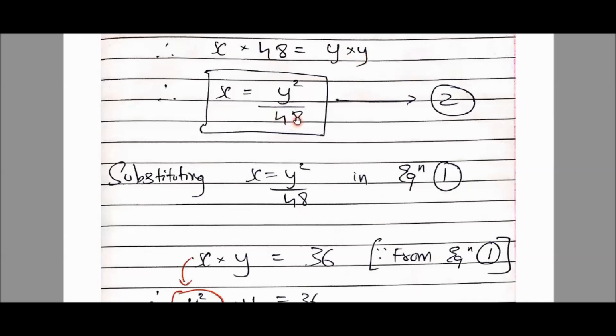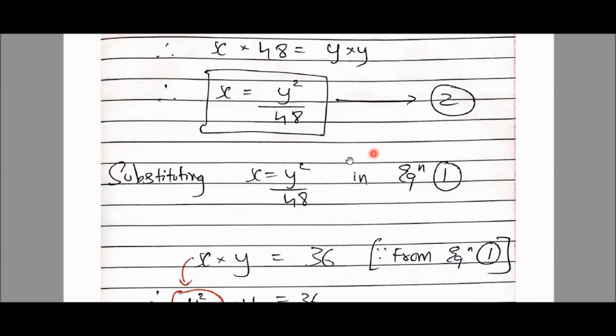One of the reasons of not keeping y at one side was, if at all I just want to get the value of only y, then I need to take square root because y ke upar square hai. So that's the reason, to avoid the complexity, I kept x on one side. Aap y bhi rakh sakte ho. This is my second equation. I'll call this a second equation.